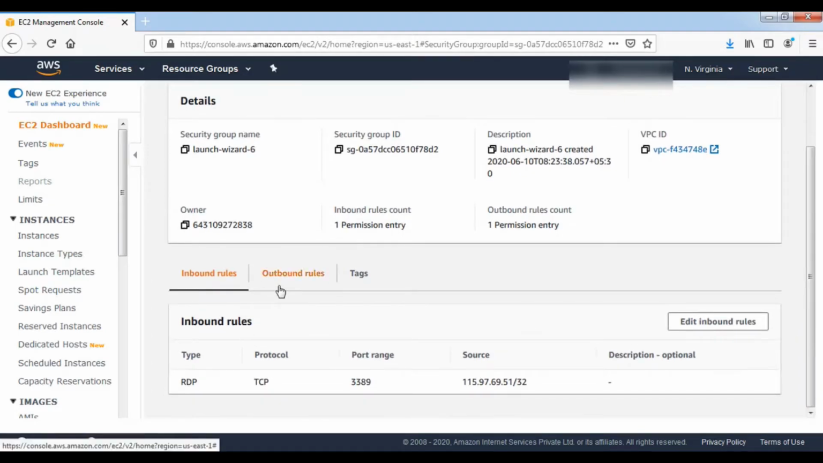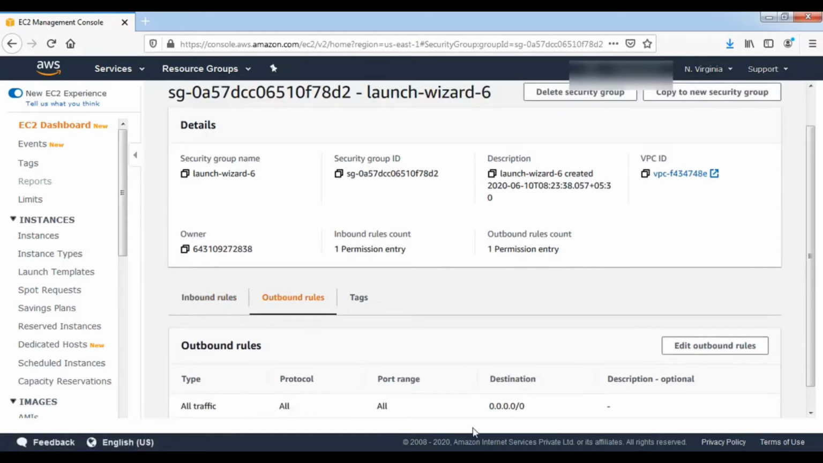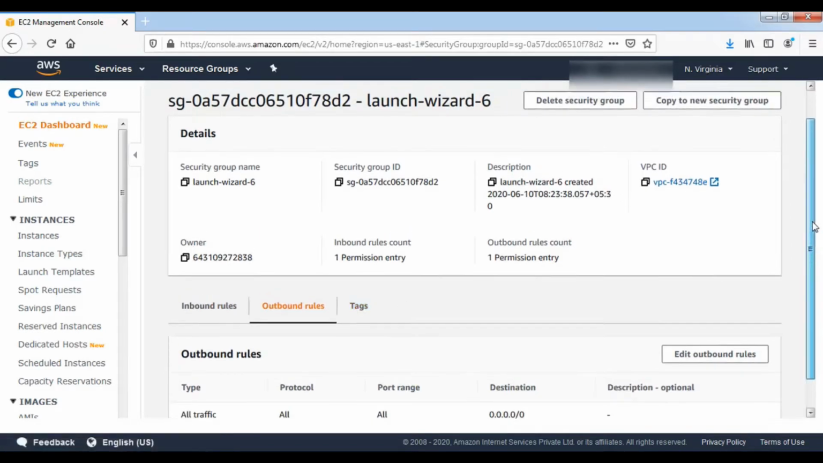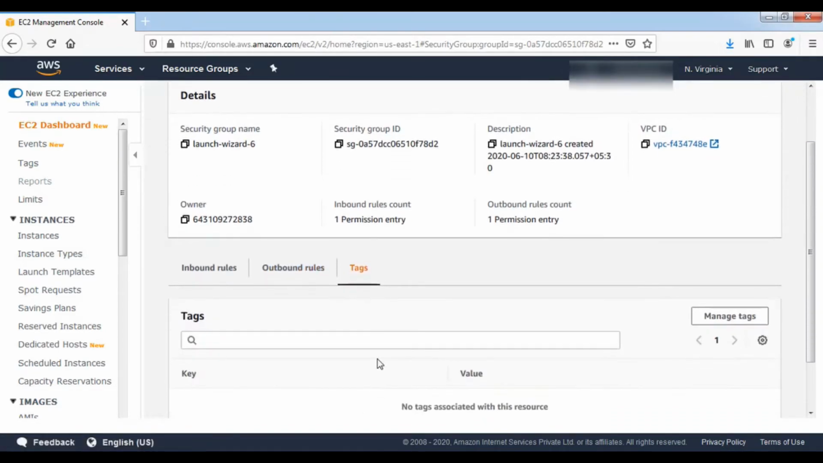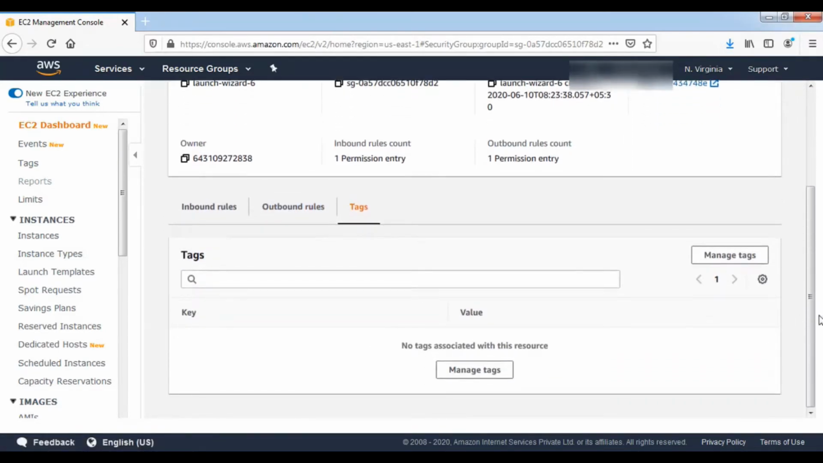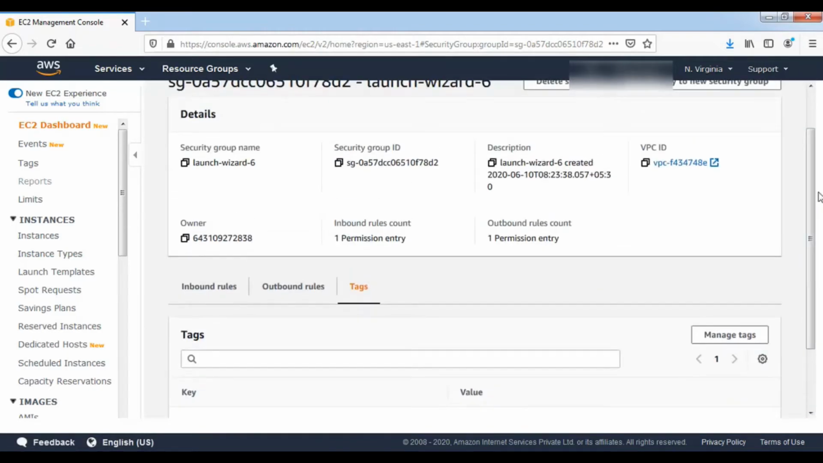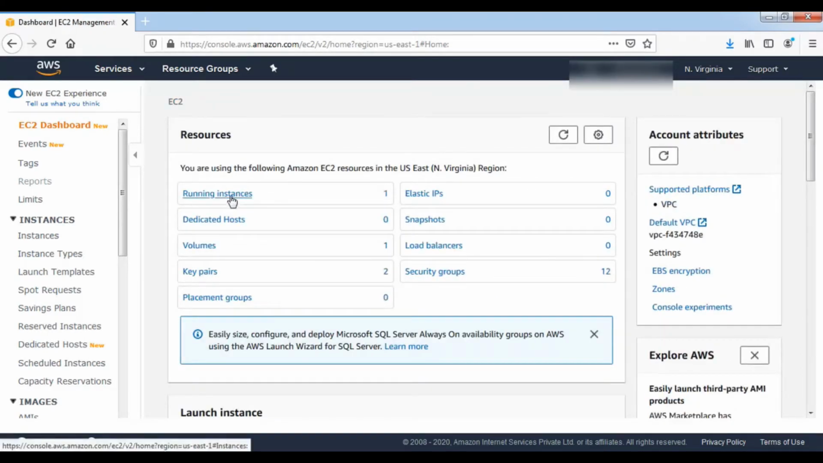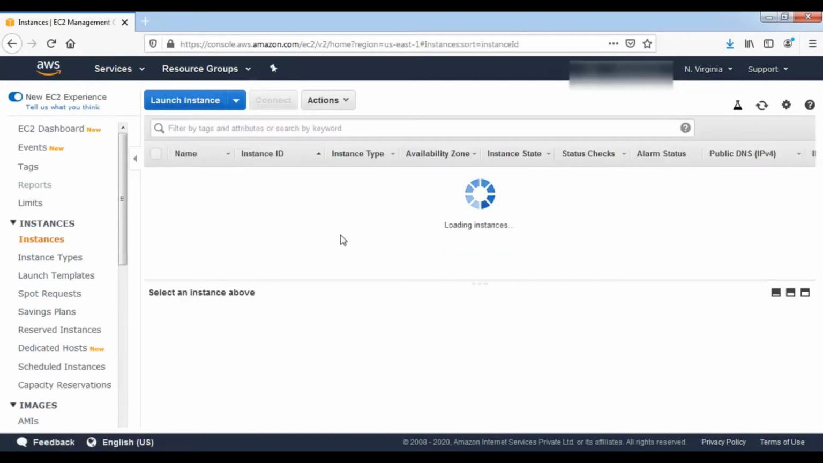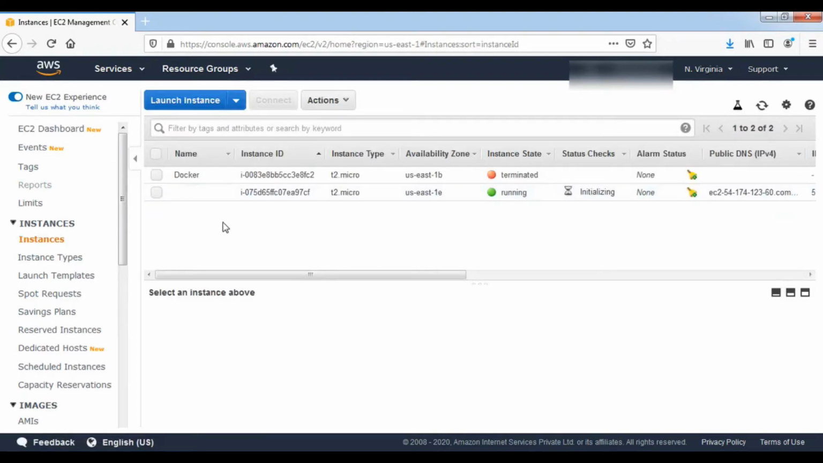So tags, you can also give tags for security groups. This is not the same tags which we gave while initiating the instance. This is the tags for the security group, just for reference purpose, or while automating it will be helpful. So now the machine is running. So we'll right click the machine, click the connect button,